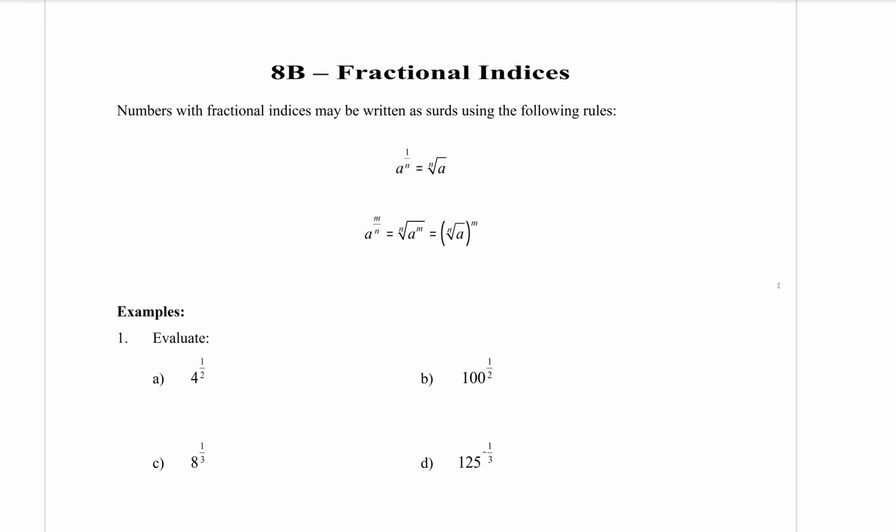If there is a number on the top of the fraction as well, not just a 1, a number other than a 1 I should say, then that number comes underneath with your base. So it is a to the power of m over n, and the number on the bottom is still the type of root. So if it's a 2 here, it's still a square root. If it's 3, it's still a cubed root. Okay? That can be written as